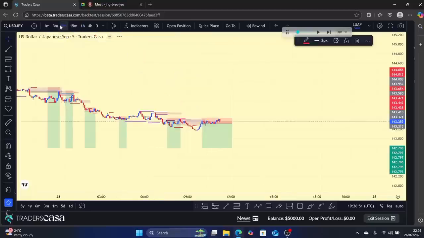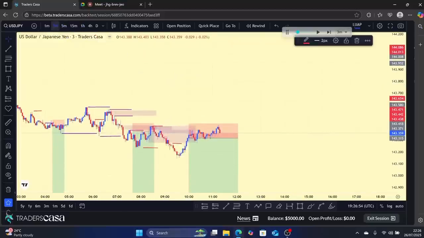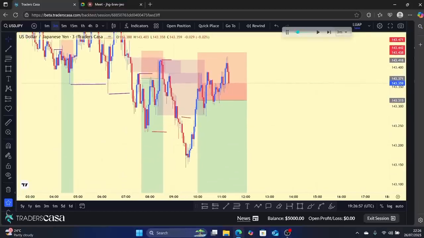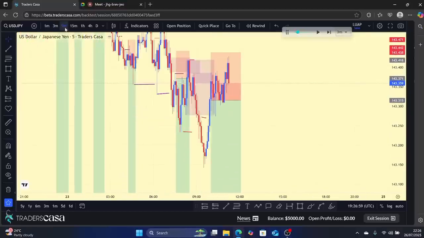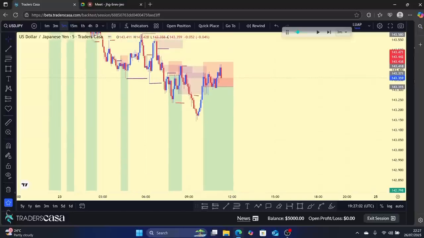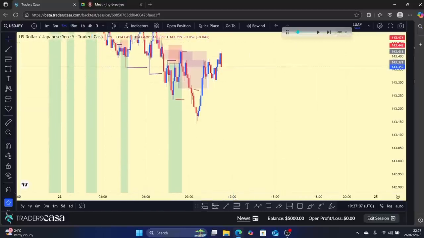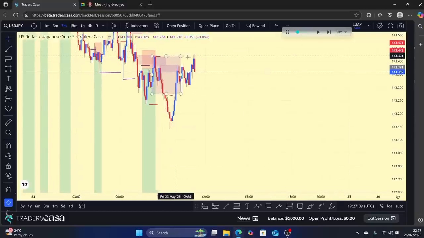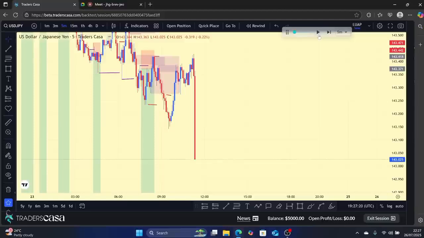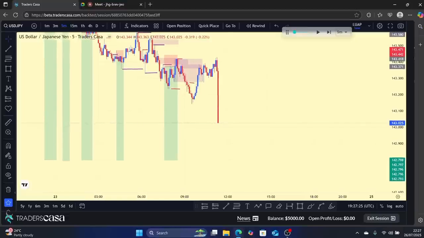Right. So anyway, since we were using the 3 minute in that case, you can see it was a stop out. But if we were using the 5 minute, in this case we would have saved ourselves that stop out, and in fact this would have been a great entry, especially after the closure of this candle. You can see this here was a sweep of that high. So if this candle closes, you can see it's closing actually with good momentum. So let's see. All right, you can see price actually skyrocketing after taking out the major inducement, and probably price may end up getting into this